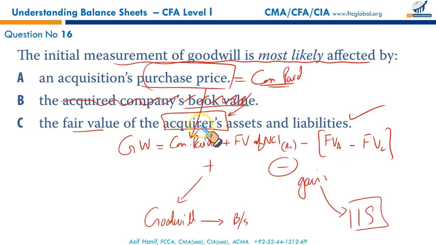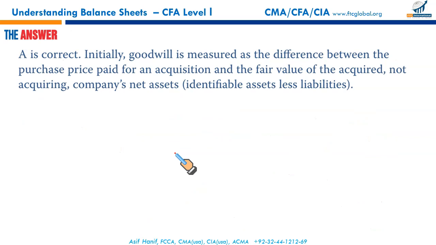We're looking for the acquired fair value of assets and liabilities. This makes this option wrong. So the correct option is the purchase price. That's a part of your goodwill, and it is the right option. A is it. Next,